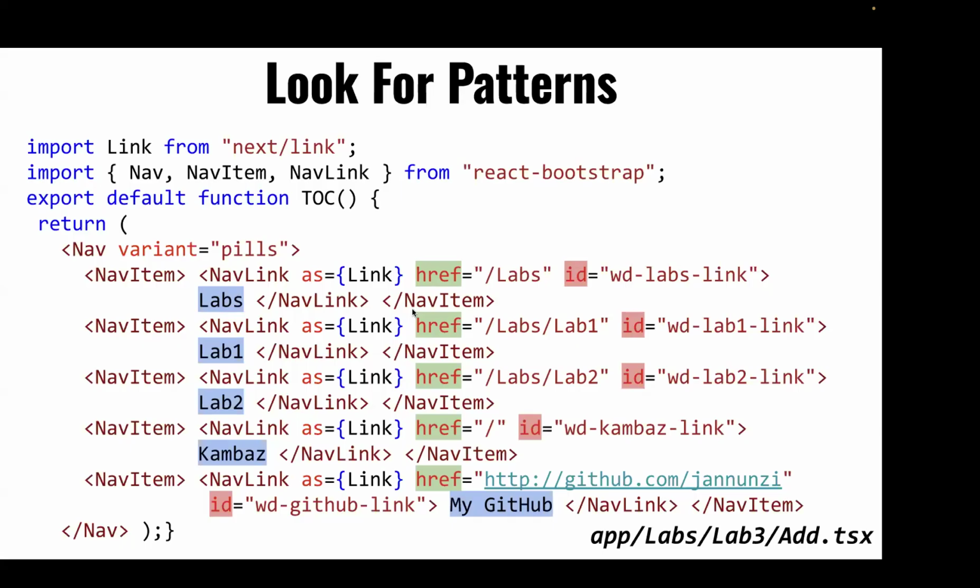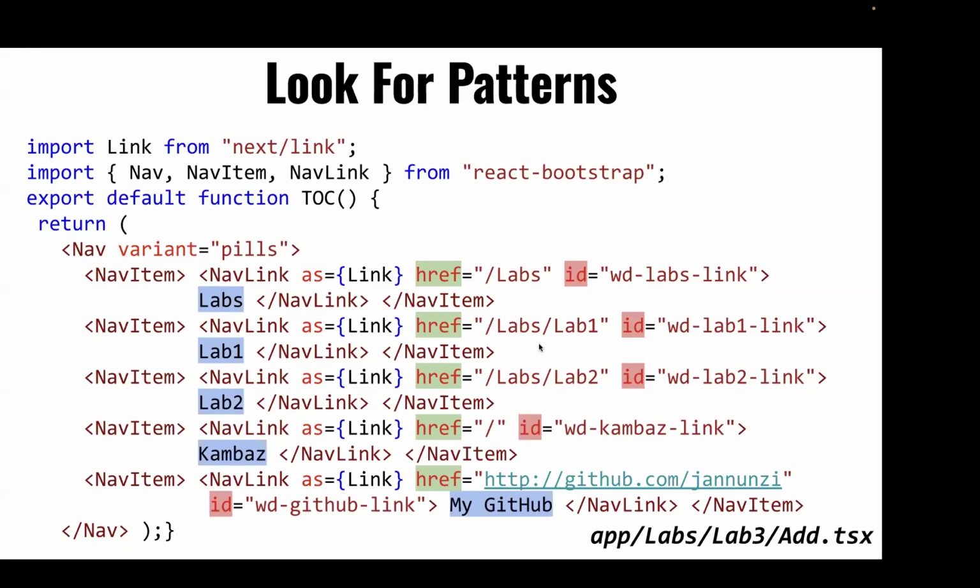And so there's definitely a lot of copy and paste here. And us as developers, whenever we find ourselves copying and pasting quite a bit, where most everything is the same and only a few things change, the href changes, the label changes, the ID changes, but everything else is always the same,